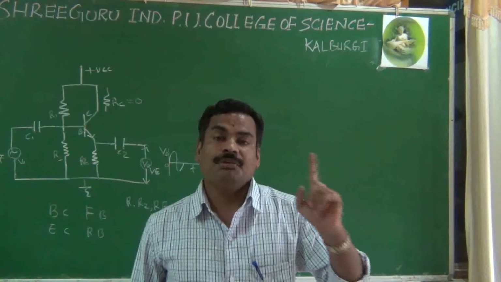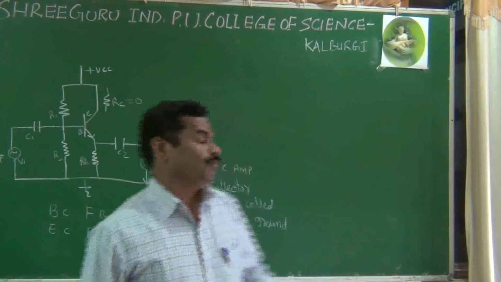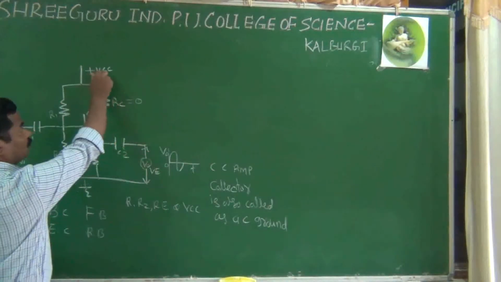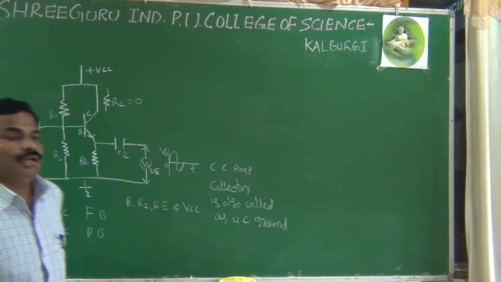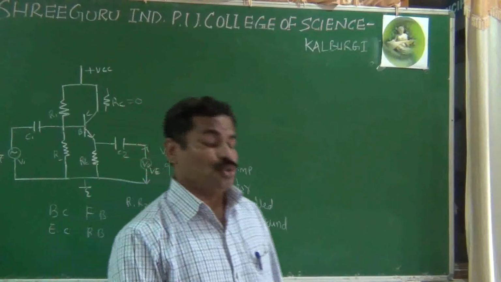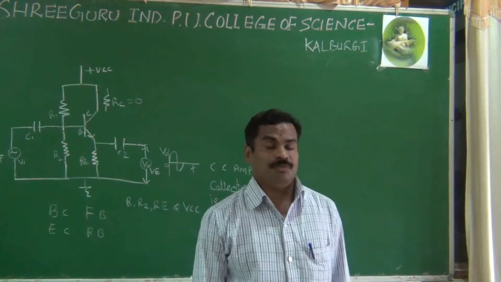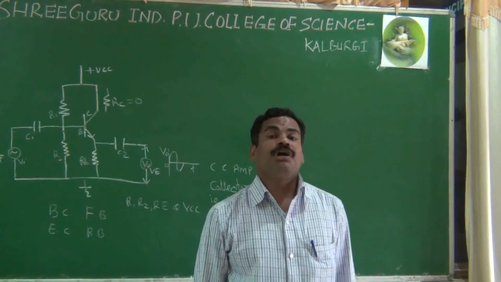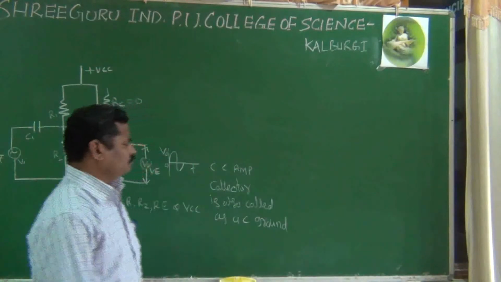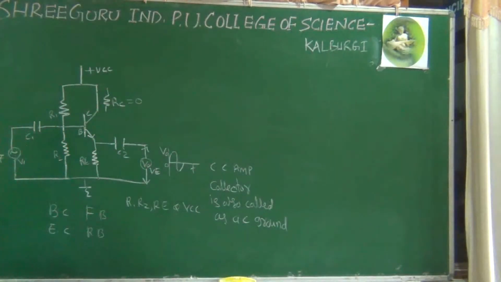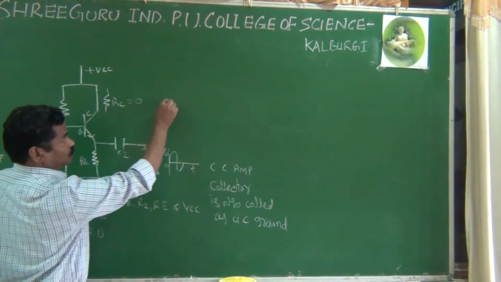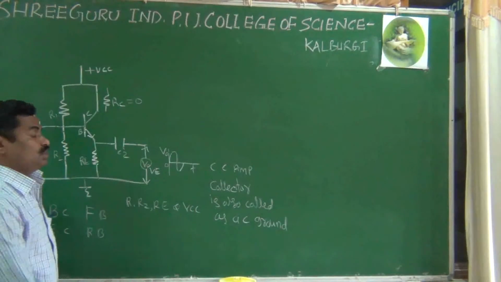The importance of the DC signal is only for the biasing. Here you are giving the VCC, applying a DC source only for biasing purpose. And another way of explanation: this is your common collector amplifier, and if you draw the AC equivalent of this,